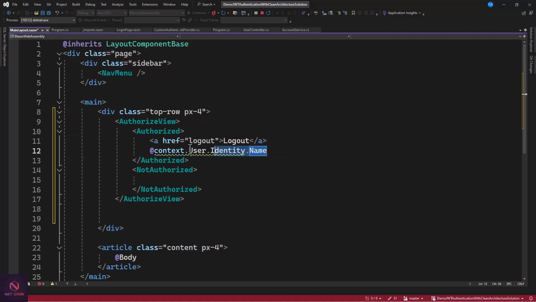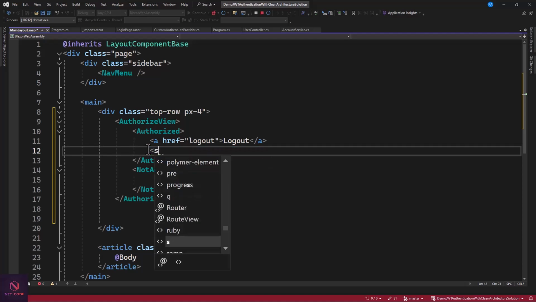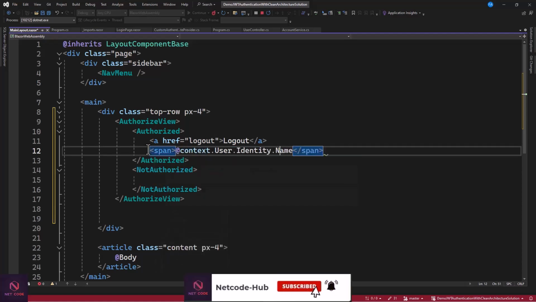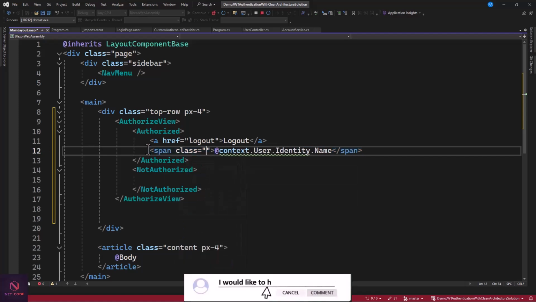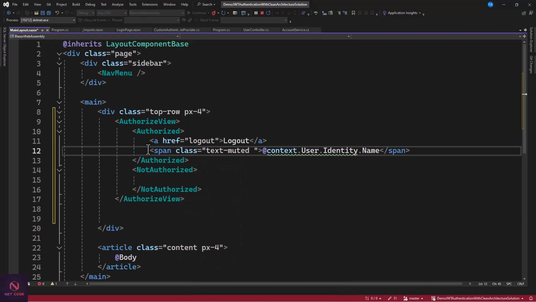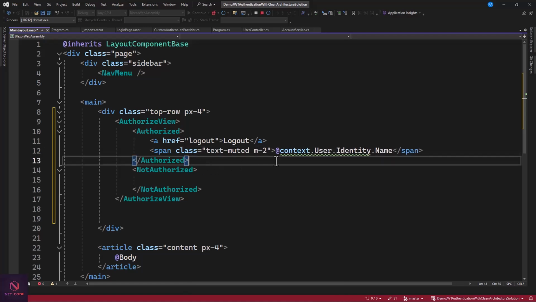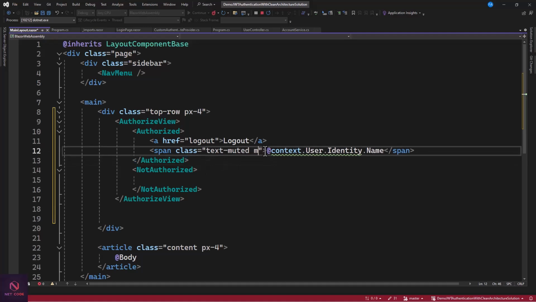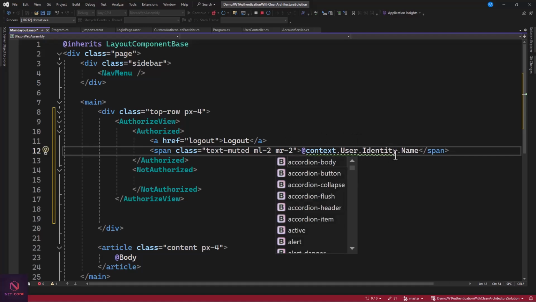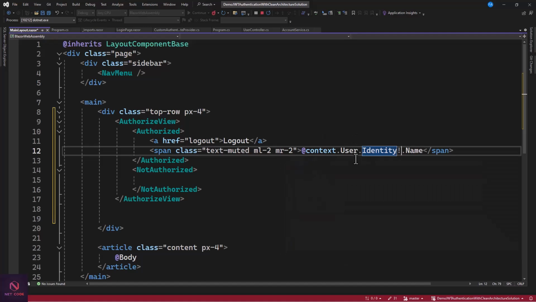And in here, I think it's better that we put this in a span. Then let's have class text-muted, maybe margin 2, etc. Okay, you can have maybe ml-2. We have our context, so we want to display the name. Then we have our logout. So when this is clicked, you're going to the logout page. In case you are not authorized, then